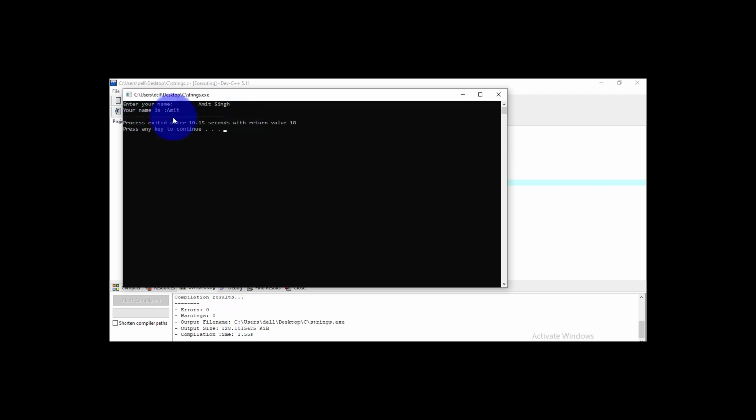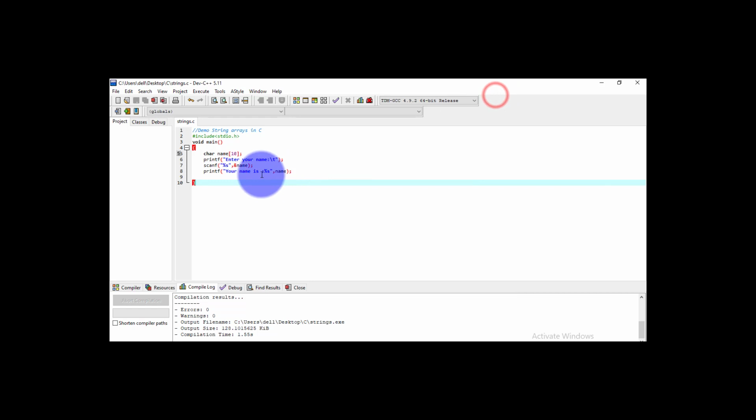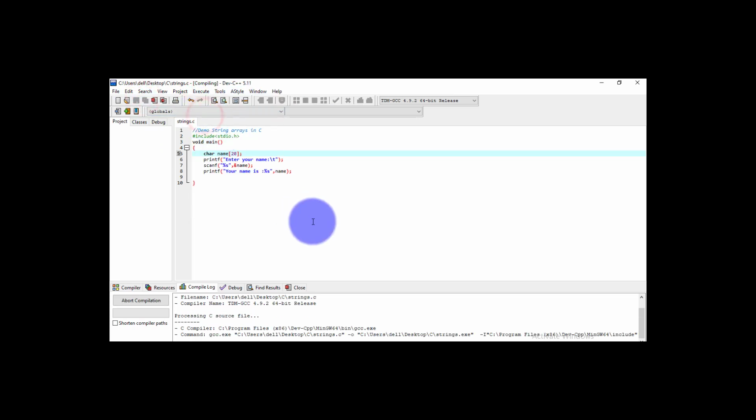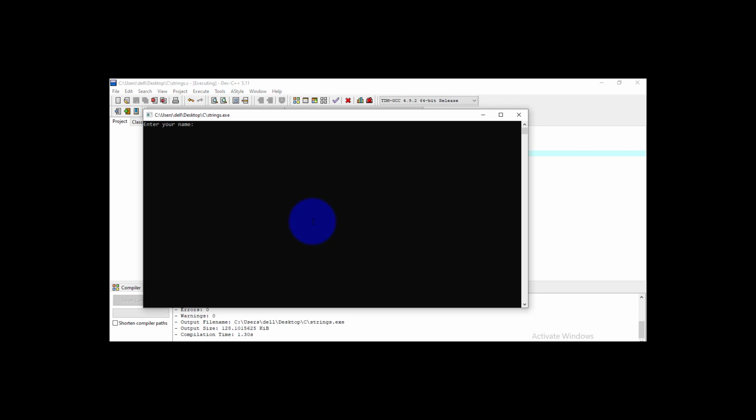So it may be a problem of the size, or maybe something else. So what I will do, I will increase the size of the array, say 20. Save your changes, again go to the execute menu, choose compile and run, and again enter the value, say Amit space Singh. Now again it is reading only Amit, not Singh.